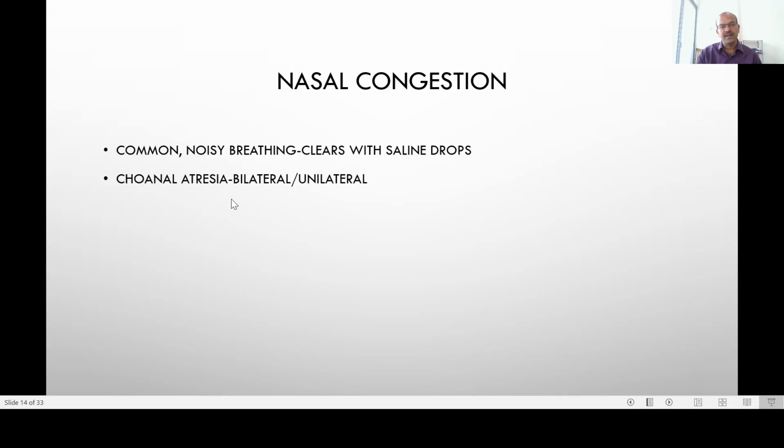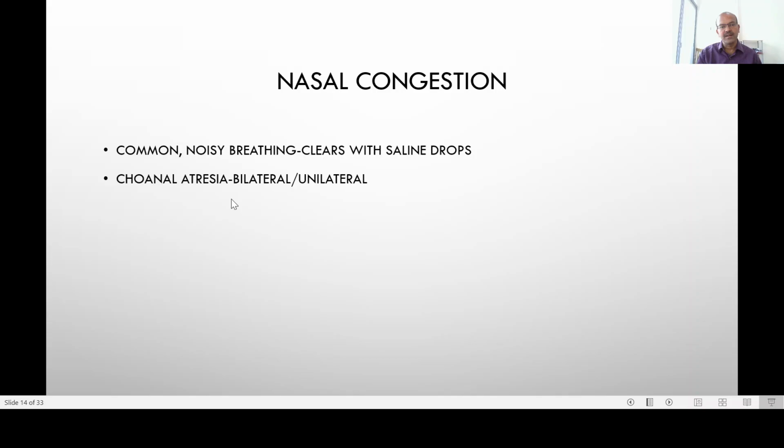Examination of the cardiovascular system, you have to listen for the heart sounds, the heart rate, the peripheral pulses, and the capillary filling. You listen for murmur as well if it is there. Many babies have a transient murmur due to the PDA closing or a transient tricuspid regurgitation. It usually settles down, and you can reassess if the baby is clinically well. The saturation is normal. You can review the baby the following day. If the murmur persists, you can refer to the cardiologist.